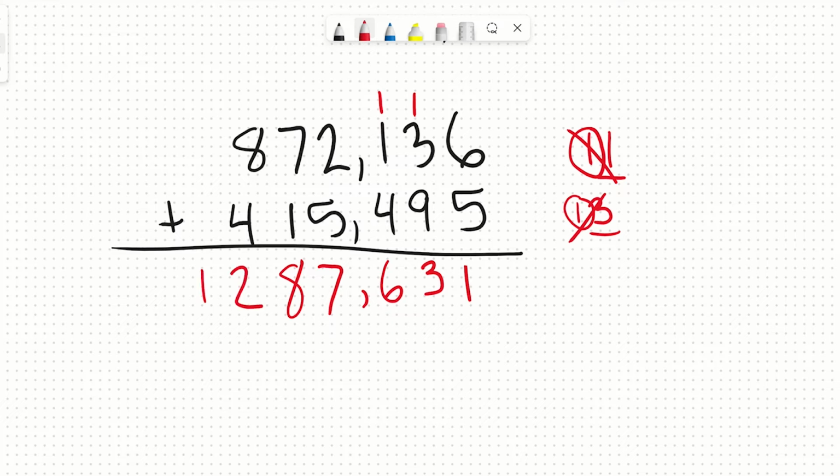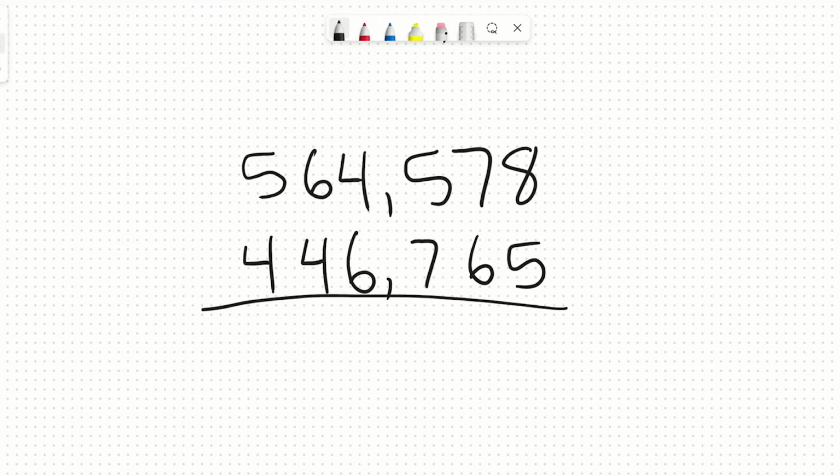That is 2 digits, but since it is the last place value we are adding, we don't need to do our trick, and we can just write the 12 right down below to finish up our problem. We do need to put a comma in between the 1 and the 2, separating our millions place. So our final answer is 1,287,631. The next problem we will take a look at is